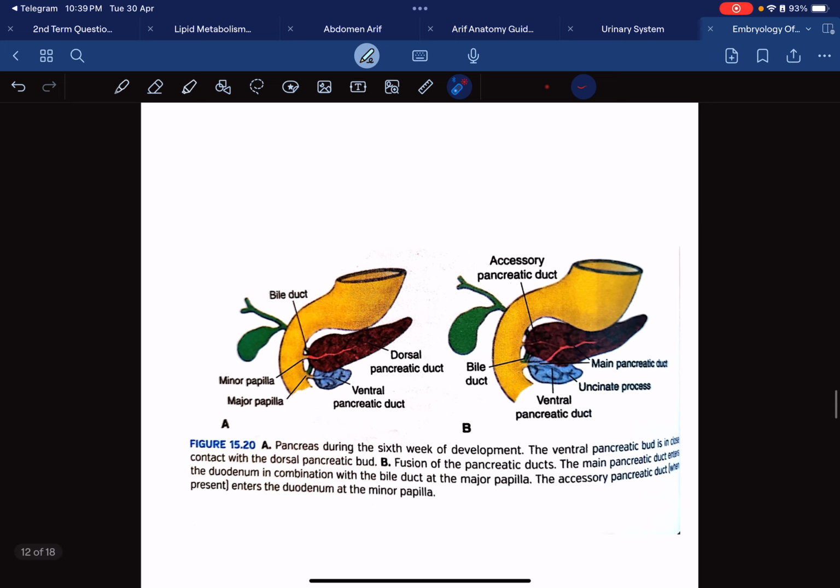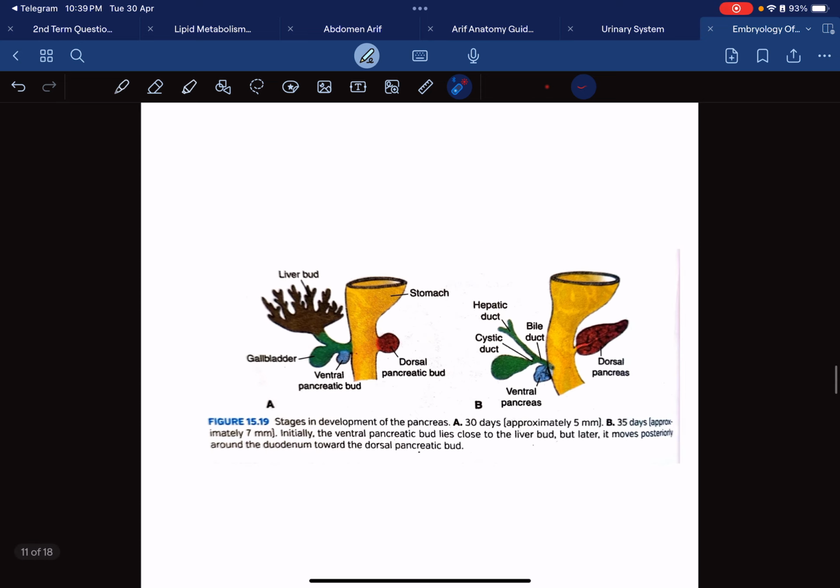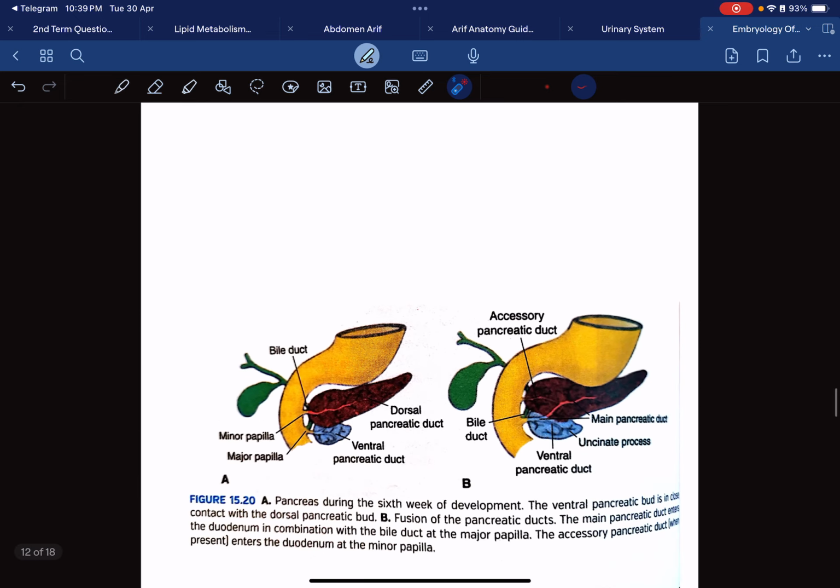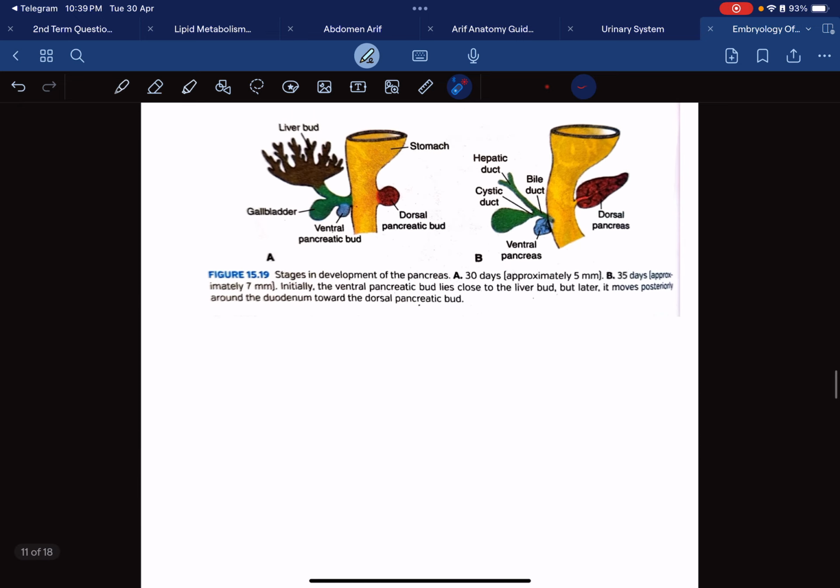Now the pancreas develops from two buds, the dorsal pancreatic bud and the ventral pancreatic bud. The dorsal pancreatic bud and the ventral pancreatic bud together form the pancreas. The distal part of the